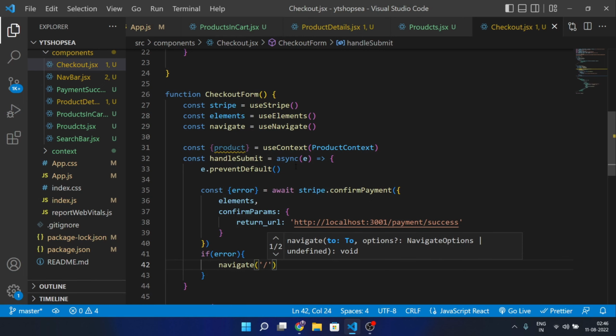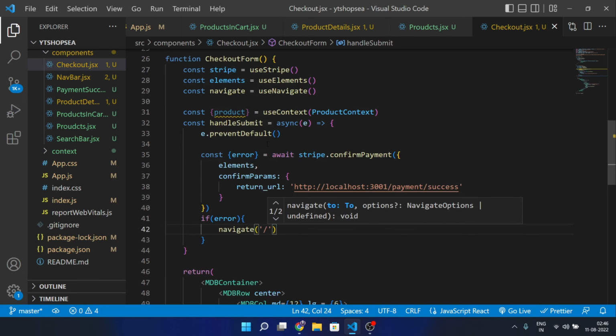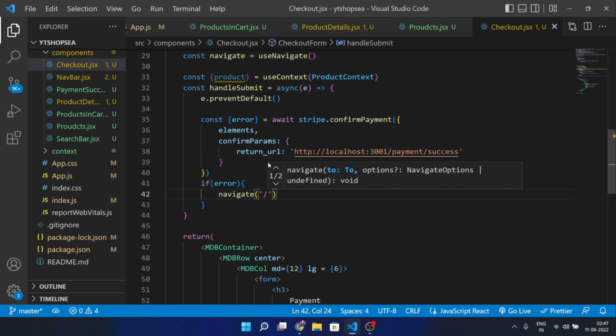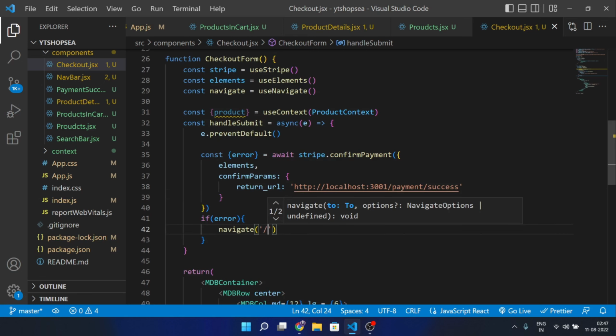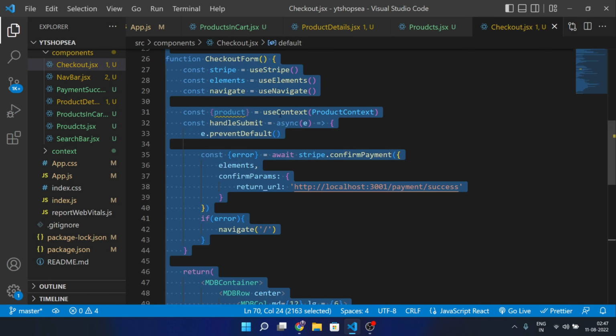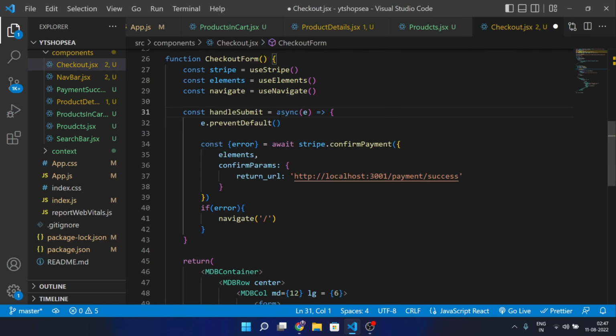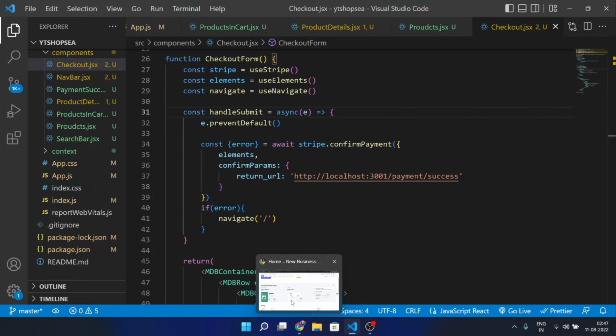So now let's save this, and we have this product here, like this. Okay, so we are done with this. I think we don't need this product at this point of time, because we are not redirecting to that particular product page here. So I have just removed this. Now let's save this, and now it's time to test our application. So now let's go back to our page,